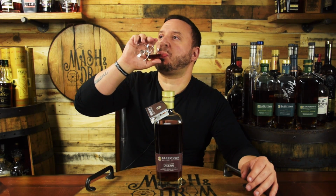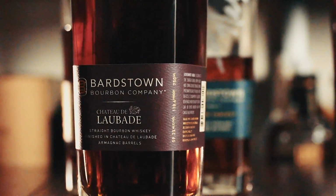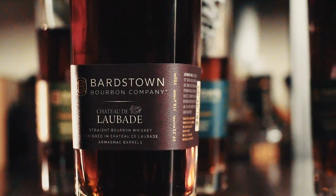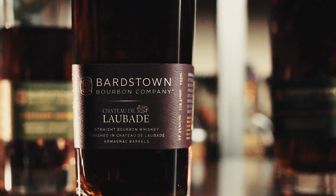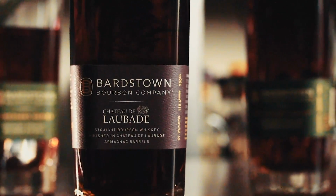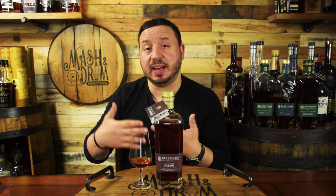Man. Yeah, you know what's getting me? It's this combination of light and dark flavors. The bright citrus notes, the fresh fall leaves, they're still there. The honey, the apple, the cinnamon, but then as this stuff works its way back, all those dark espresso and chocolate notes. Like I said, the oak, and I remember this was 12 years old MGP,